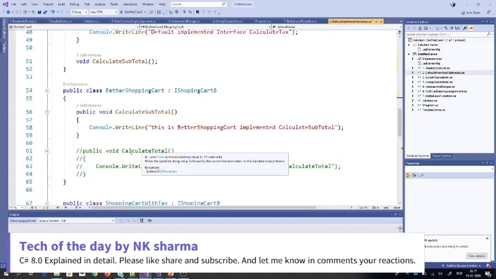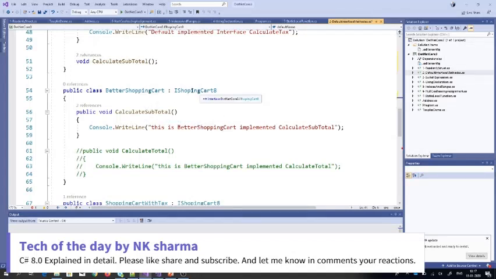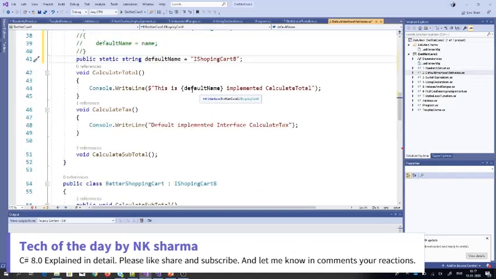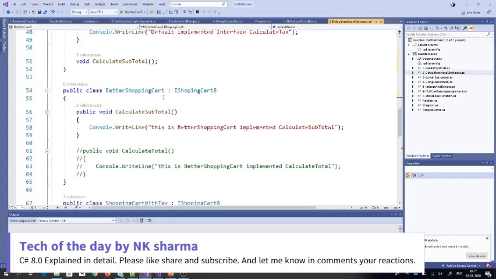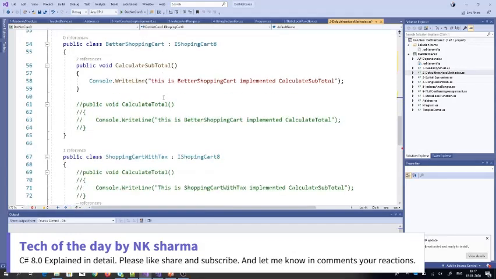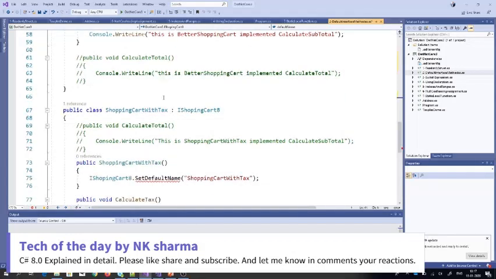Let's say I only need calculate subtotal, so I override calculate subtotal. And using iShopping cart, I can use all these three methods simply, and I'm benefiting from interface property as well as default implemented interfaces, which can be good or which can be bad as well. We will discuss this later, but for the moment,